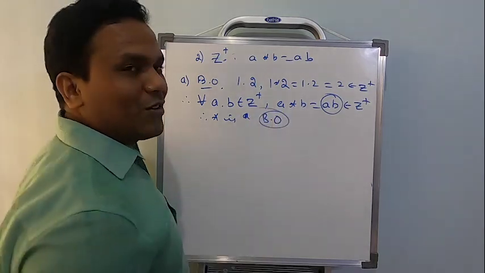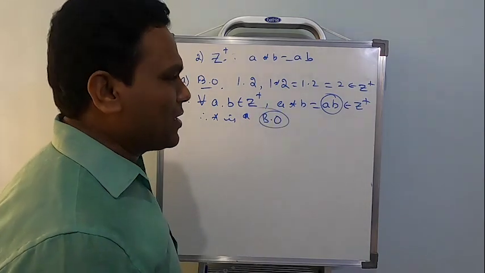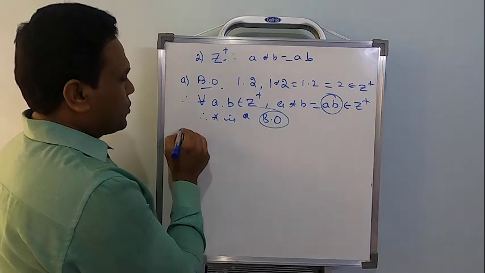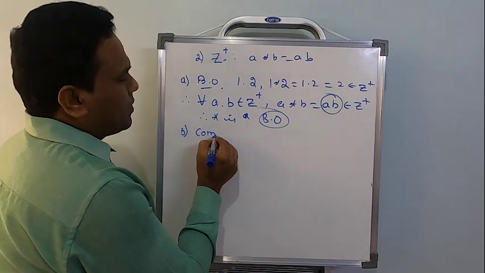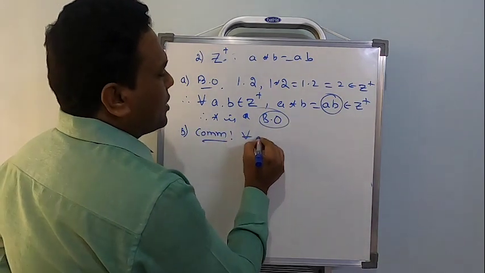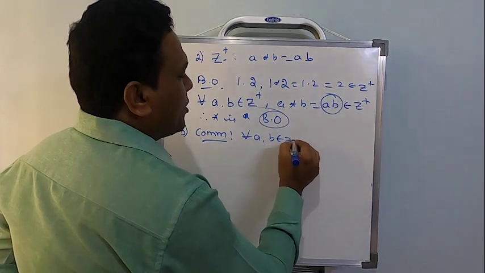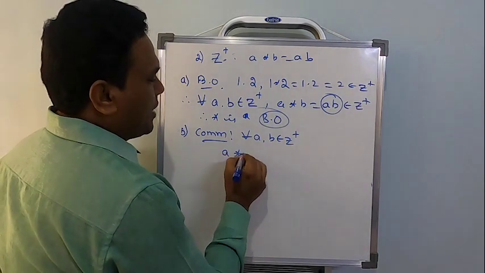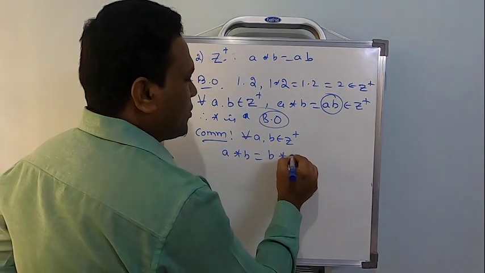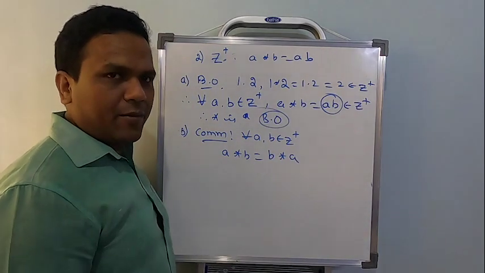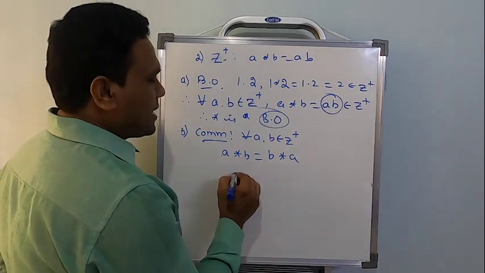Please don't write the short form. So try to write the full form, binary operation. I am writing the short form here. So now let us check for commutative. What does the commutative property say? A star B belongs to Z plus. If you are able to prove A star B equal to B star A, then it's going to be commutative. Correct? Now, what is A star B?